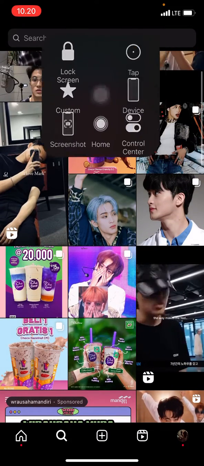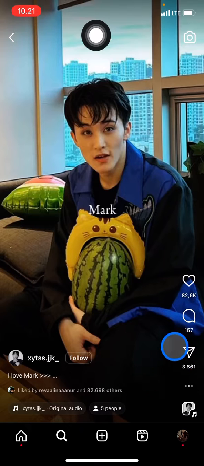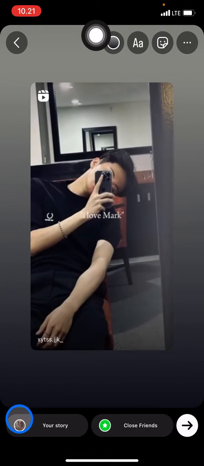For example, click this. Okay, and after that we just need to click this airplane, and after that just click add to story,